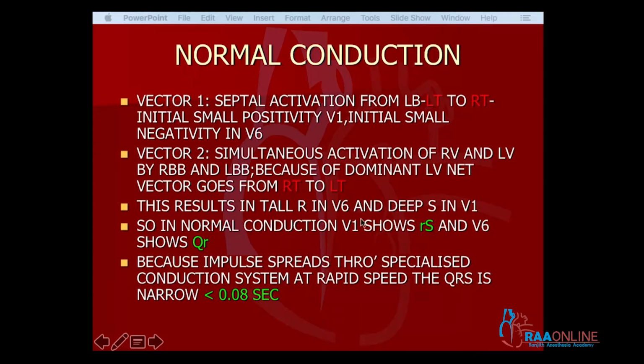So this is what happens in a normal ventricular depolarization. Vector number 1 is septal activation going from left to right. Then vector number 2 is a dominant left ventricular vector, which is going towards the left. That's why V5, V6 will show an initial small Q wave, since septal activation is going away from it, and a terminal R wave, which is the depolarization